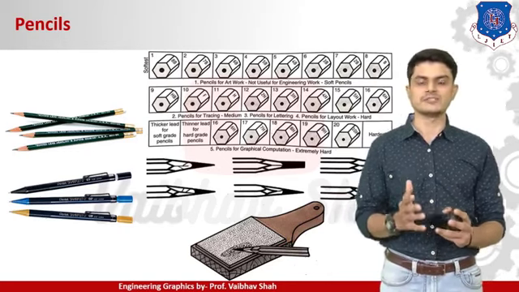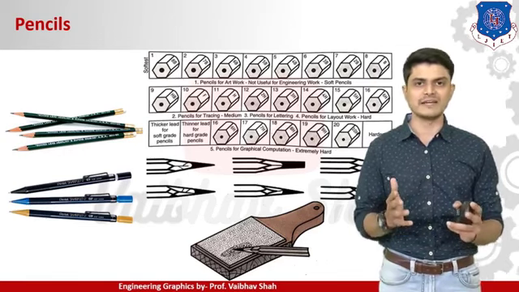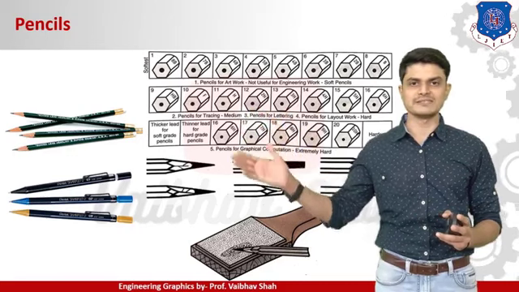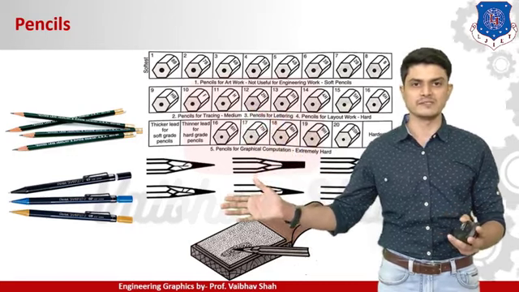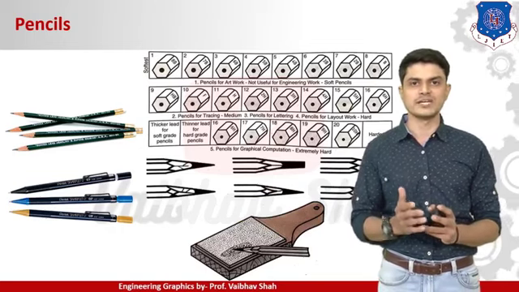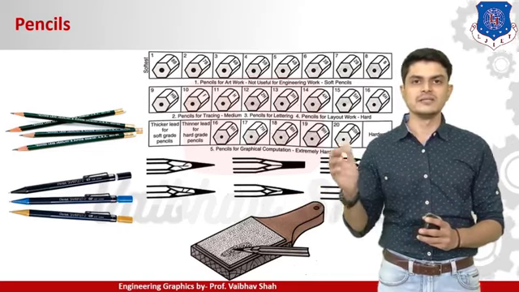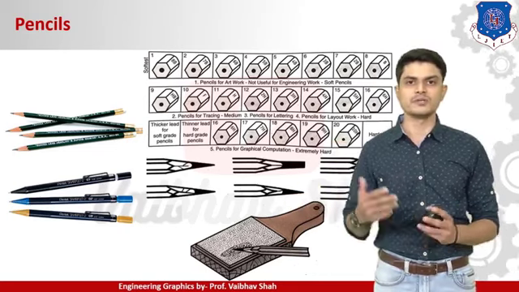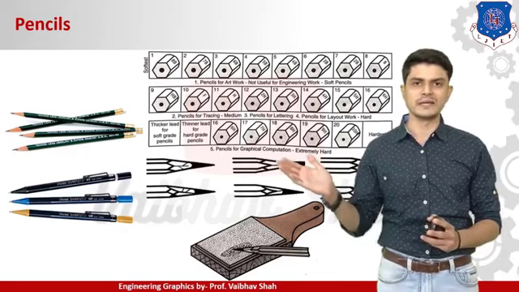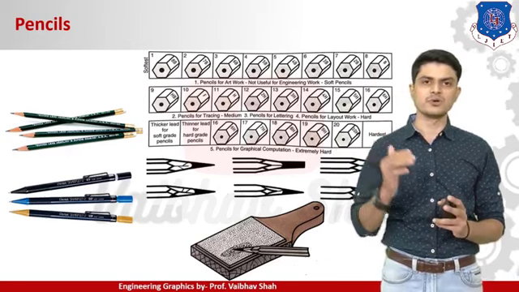So we'll be using different kinds of pencils to draw onto a drawing sheet. So we currently have two kinds of pencils available. First is your wooden pencil and second is your new generation push pencils. So wooden pencils are the pencils which we need to sharpen every time, so it takes too much time while drawing. While in the case of a push pencil, you can just insert a lead and you can just push from the top and you can have a fresh lead every time. So I would suggest you should use a push pencil in place of your wooden pencils. So now let us come to the grades of the pencils.